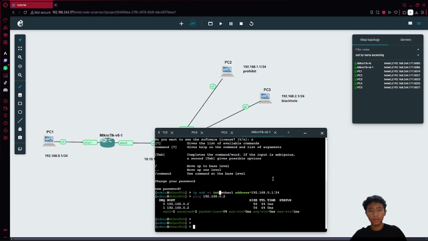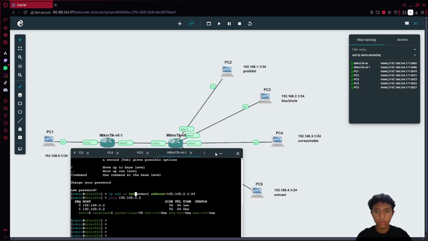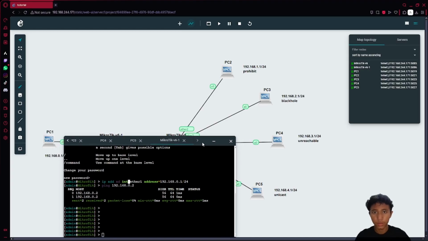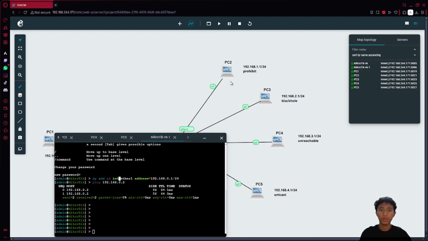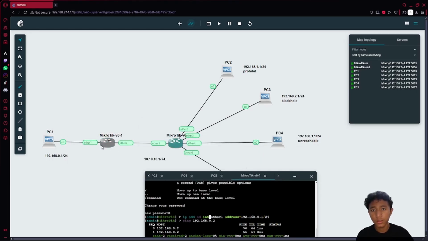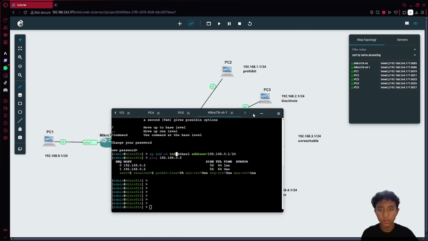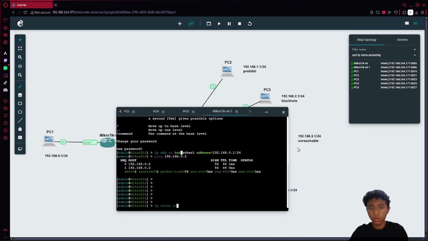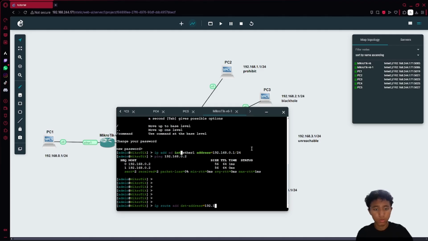Then after the router is connected to the PC, now I will do the configuration to make the route prohibit, black hole, unreachable, or unicast. Because the network is not directly connected, I must add a static route first by using IP route add destination address, which is this network, 192.168.1.0/24.